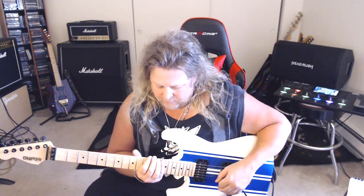Okay, that's lick 3. Lick 4, we're using what is called the Hirajoshi scale, which is a 5-note pentatonic scale, but it's using different notes than the traditional pentatonic. We're in the key of F sharp here. And let me just show you the basic scale pattern I'm working out of. If we start with F sharp on the low E,